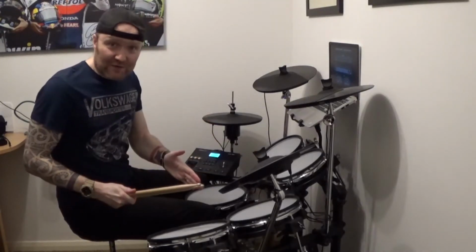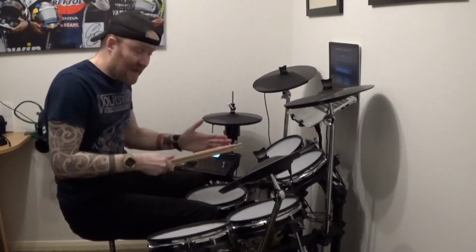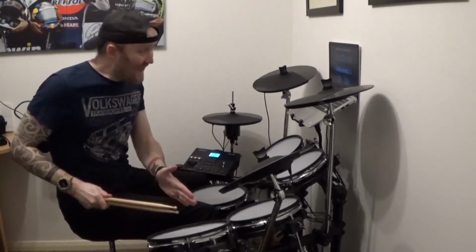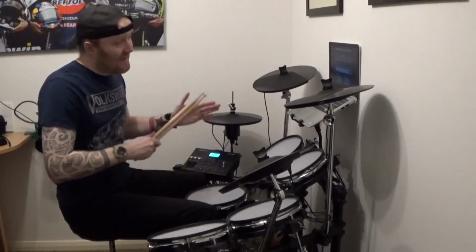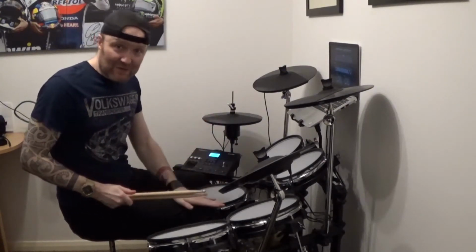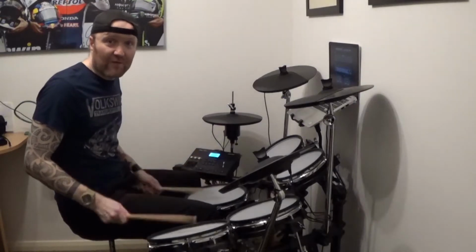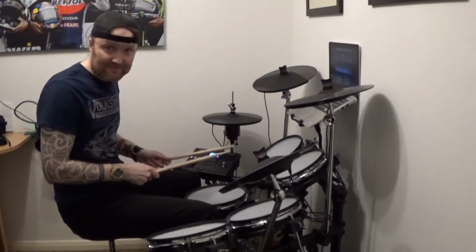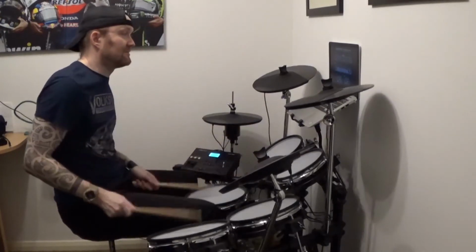The second lot of 8 in pattern 2 is snare, bass and floor tom again. You play those through 5 times and then the 6th beat is bass drum on its own, then it's snare, then it's bass drum. So 1, 2, 3, 4, 5, 6, 7, 8. So all the way through, pattern 2 is